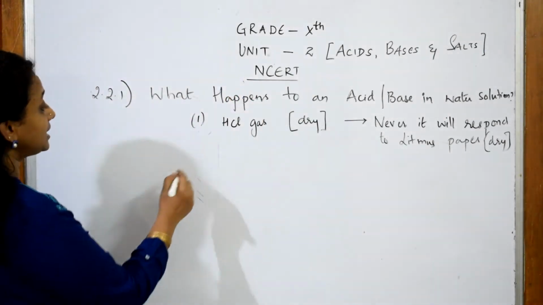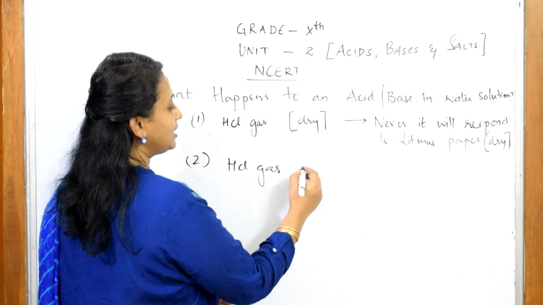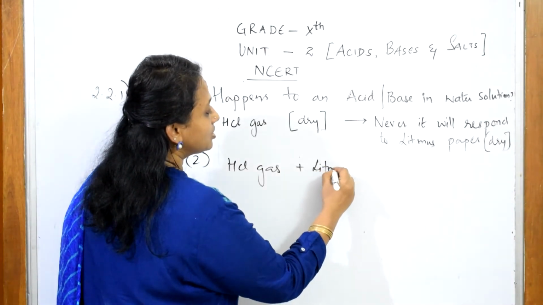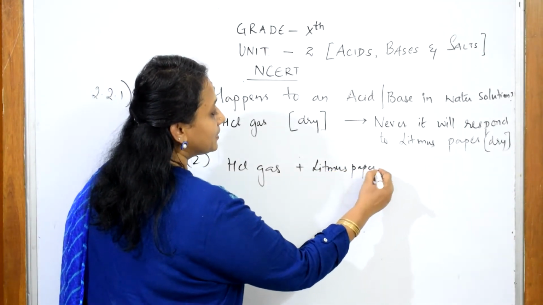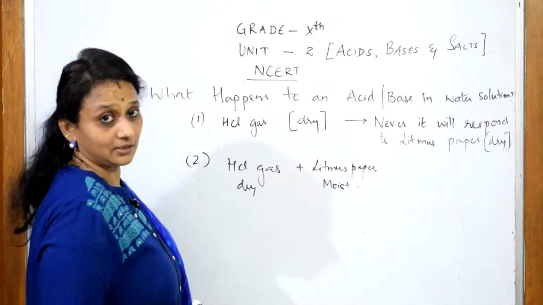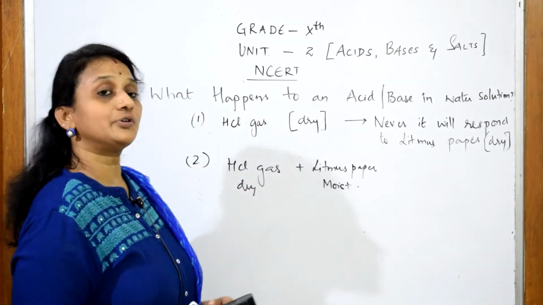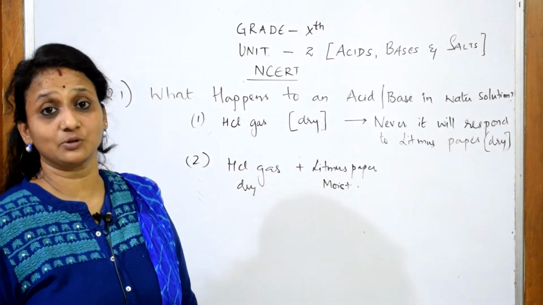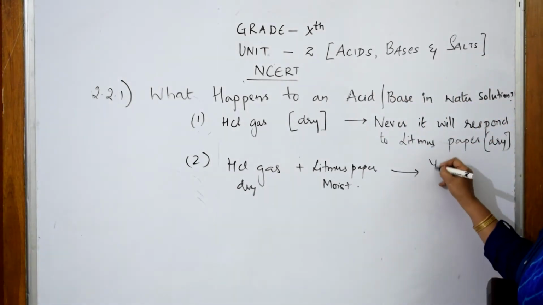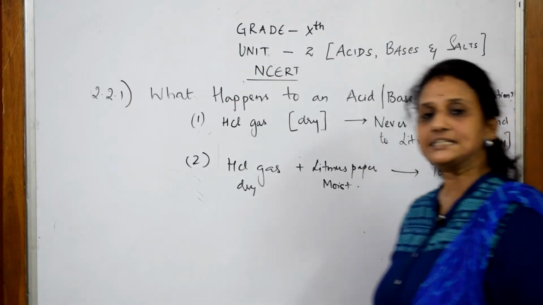Next, what did we learn from that? We have learned what happens when HCl gas is exposed to a litmus paper. Now the concept is a little changed. Litmus paper which is moist. Now here it is dry HCl gas. We have seen in the activity where we use the guard tube with calcium chloride, isn't it? Now we have a dry HCl, we have a litmus paper moist. Will it respond? Yes, it responds. Let us see the reaction involved.